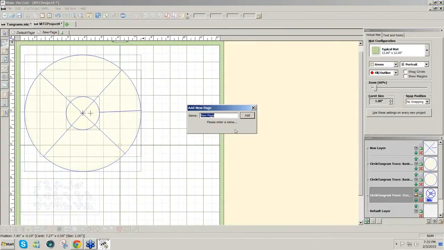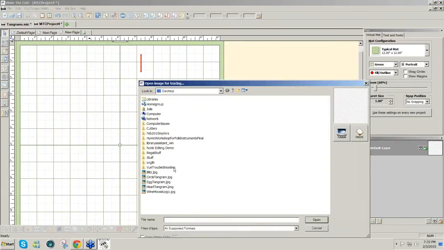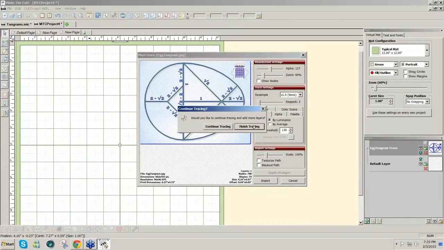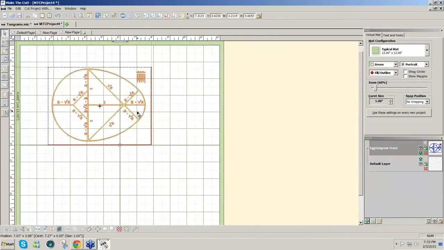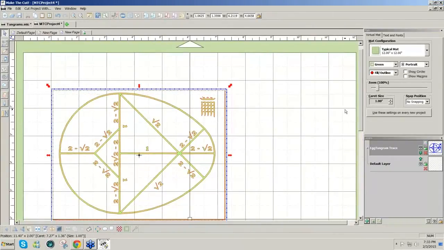Then the next one would be the egg shape. So again, we'll click on the selection tool, click on pixel trace, and get the egg tangram, and make sure all the lines are connected. I'll move the threshold up a bit and apply, and then import. So I have a design here. I'll zoom in a little bit,